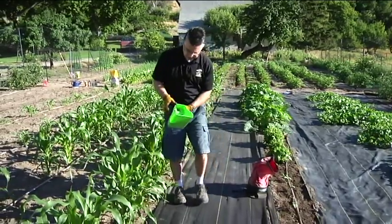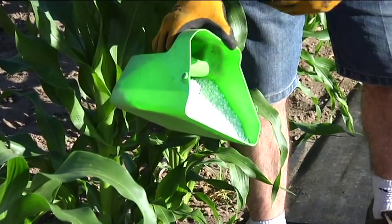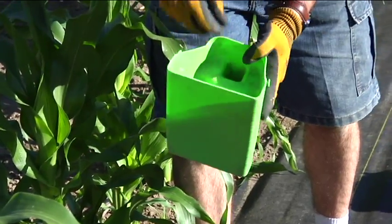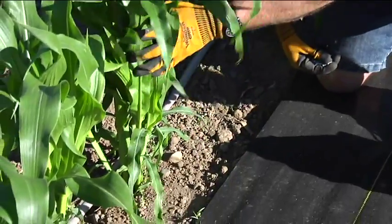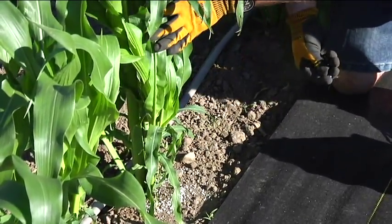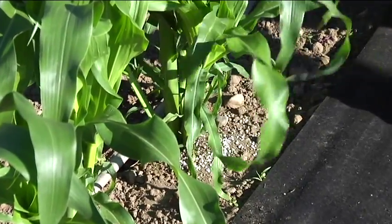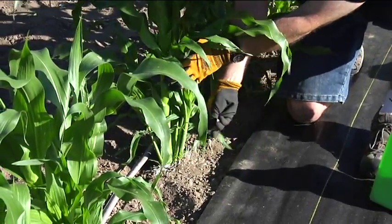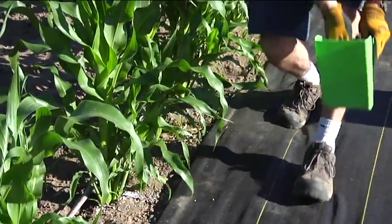So I just grabbed a scoop of that, and it's just a white pellet, and it's very water soluble. It'll dissolve almost instantly. And as I go down the corn, I like to put about a teaspoon to a tablespoon around each cluster. And when I'm applying it, I don't do it this specifically, but it should look about like that. So about a teaspoon to a tablespoon for each cluster of corn, and I'll just walk down the rows and just sprinkle it as evenly as possible so that each cluster of corn gets the right amount of